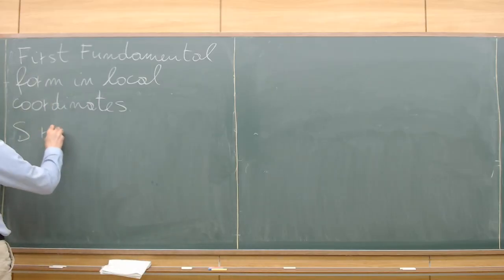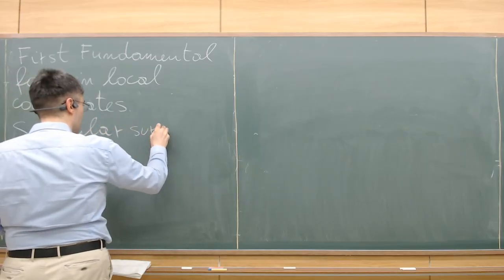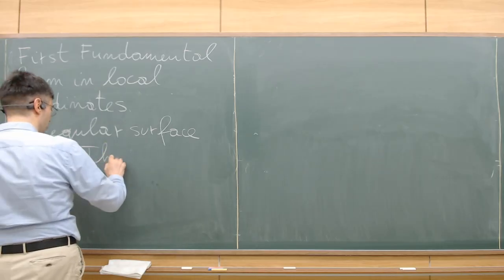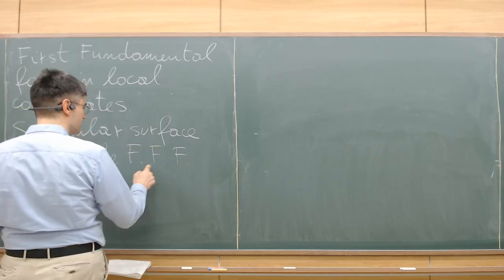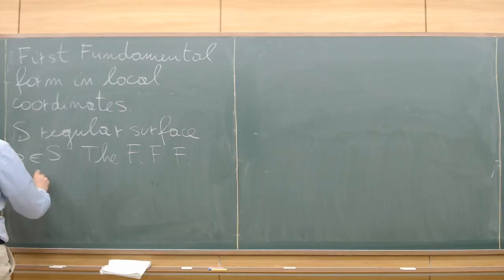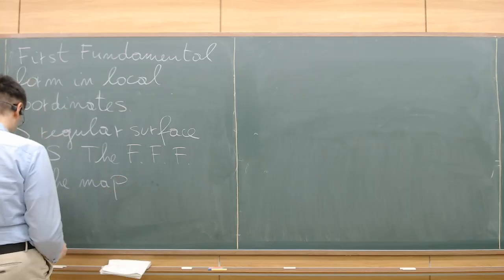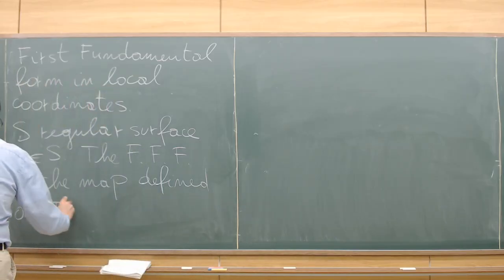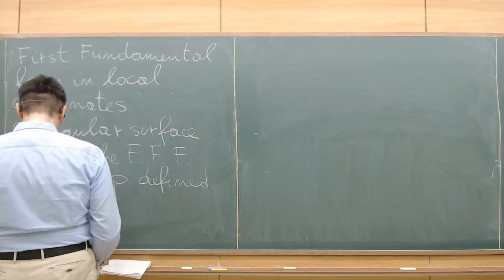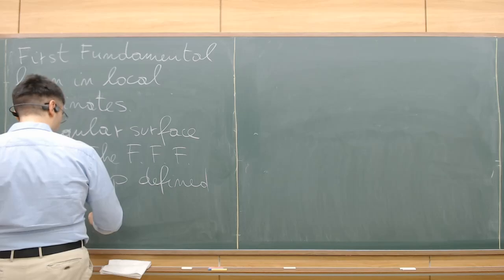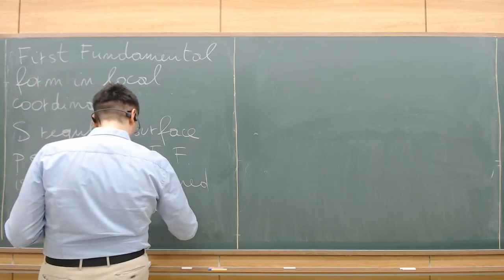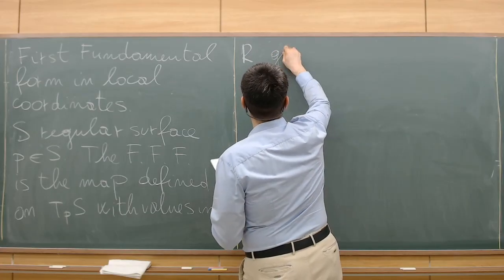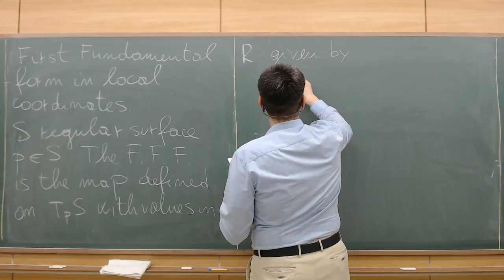So, if S is a regular surface and P is a point of S, then the first fundamental form, I will write for short FFF, is a map defined on TPS with values in R given by this assignment,